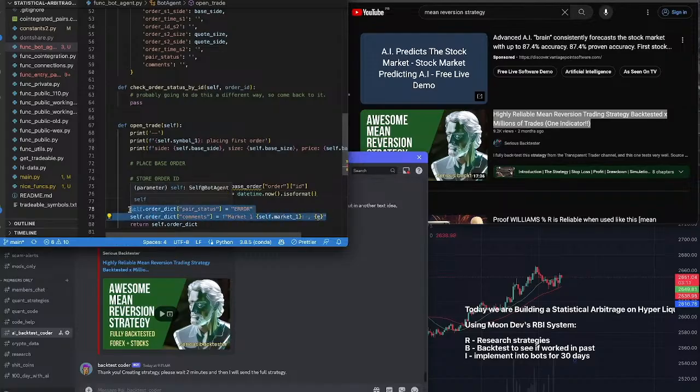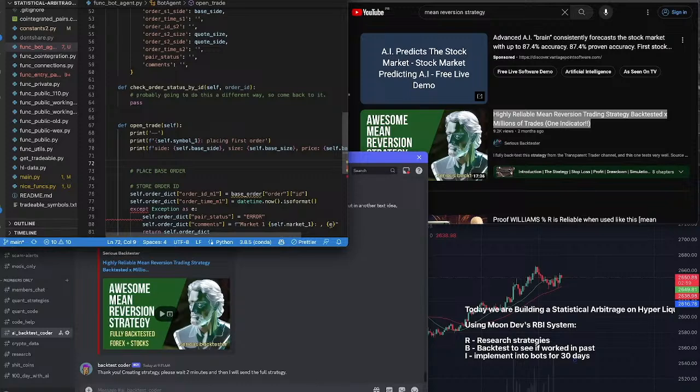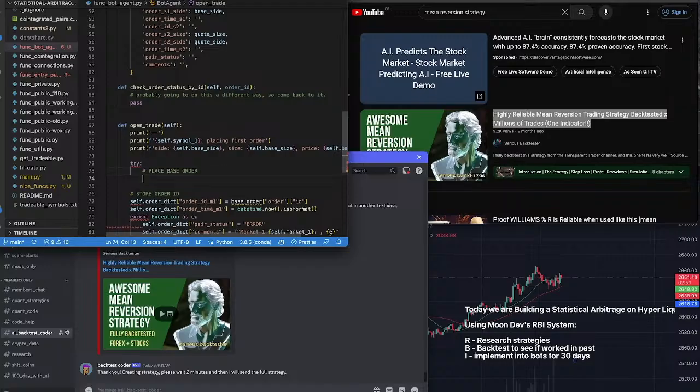We're just gonna have it here for now. Under a try block, place base order. It's gonna put some errors in here. Base order